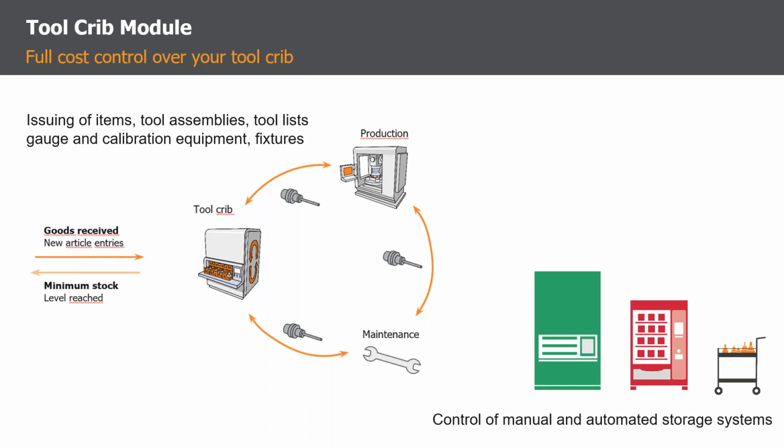Plus, you can of course integrate tool identification systems. That will be part of the next webinar, really briefly. But right now, you can of course integrate identification systems such as barcodes, RFID, 2D data matrix, or chip systems like Balluff. So to summarize in a nutshell, the grip module basically ensures, first of all, optimum stock levels,